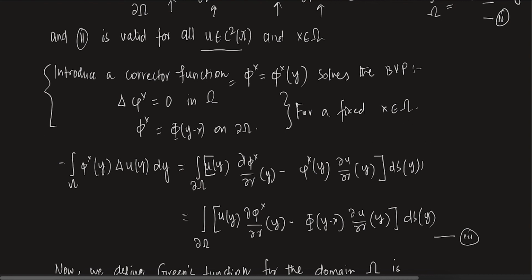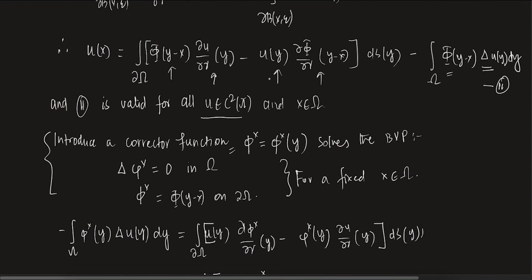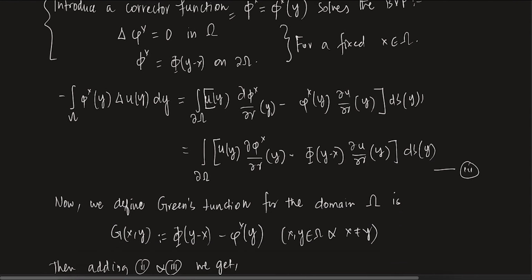See, if omega is C1, this is easy, right? This is always true. For any u in C2, if omega is a smooth domain, you don't have to worry about it. The only worry is, once you find a corrector function, you have to find it for that omega. It may not look very difficult, but it is actually the most important and difficult part. In real life situations, if you have to solve the problem explicitly, you have to find the corrector function explicitly. That is going to be difficult.